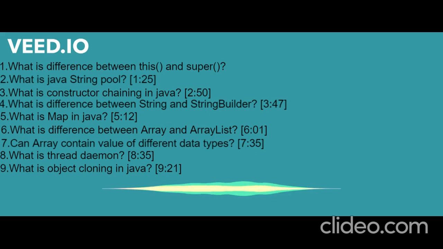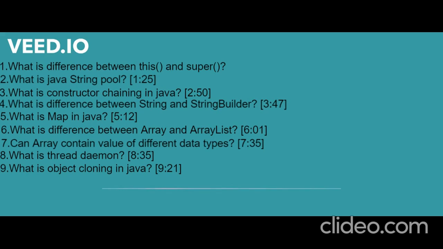Now the object will be created, but the difference is that it will not go inside the heap memory, but it will go inside the string pool, and it will check if that particular value is already there. If it is there, then that s, which is a new pointer, will point to that already existing data, and it will not create a new object in that case. So ultimately we have a better memory saving approach in this string pool. That's the mechanism.